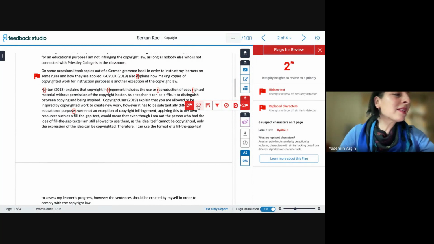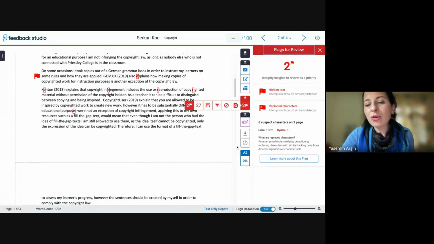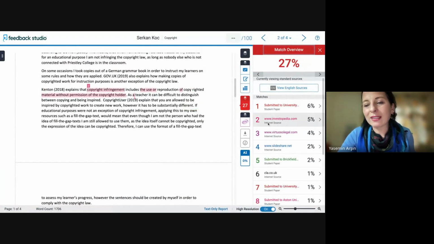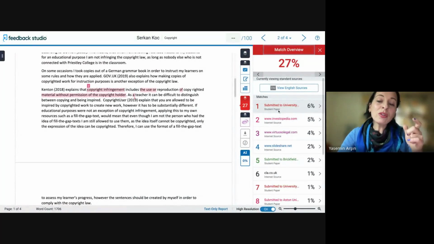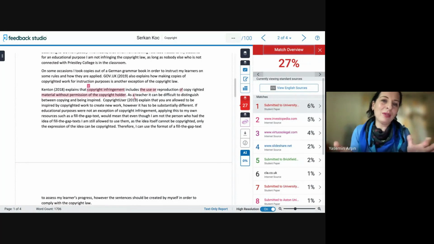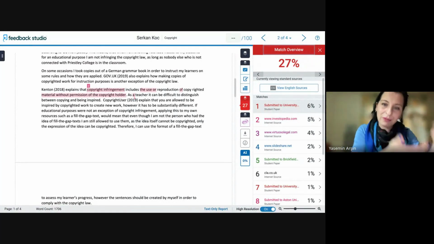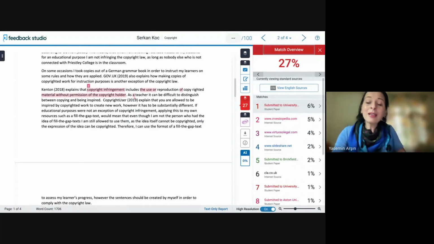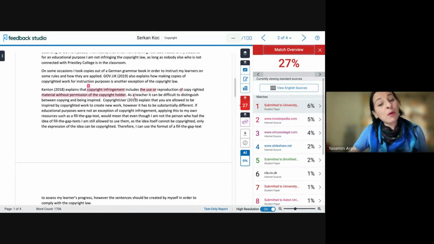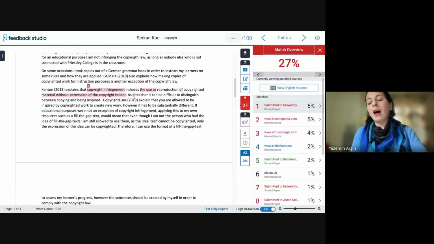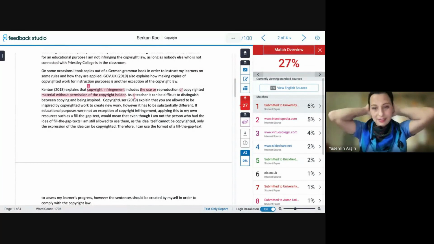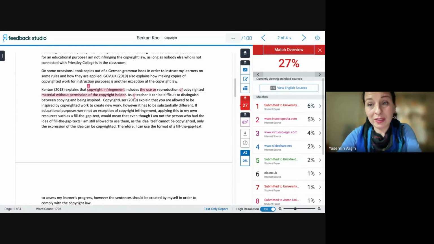And then I can see that we are running out of time. So I will quickly talk about, you need to check the similarity. And when you click on the student paper, if it is a student paper uploaded at another university, you cannot see the content because it's the intellectual property of another university. But if it is a paper uploaded in your institution, you can at least make a comparison between 2 contents.